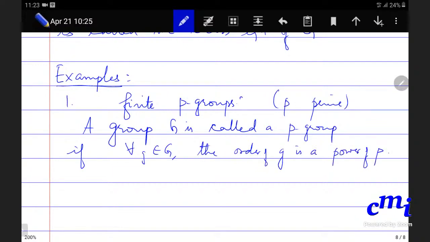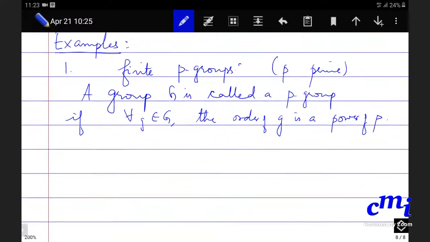So every element has finite order, and it is a power of P. As such, I am not saying that G itself is a finite group, but of course, we will worry only about finite groups. Okay. So a finite group